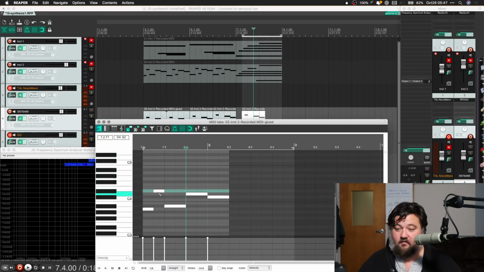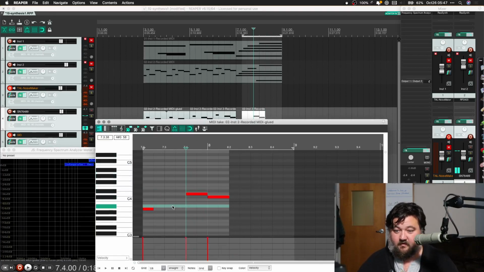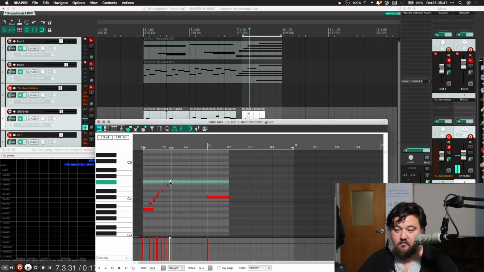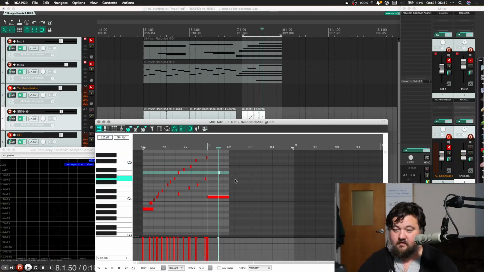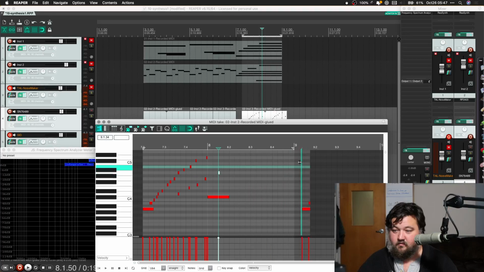So we could start to add our own notes. So let's click that one and delete it. Let's click that and delete it. Let's click that and delete it. Let's change our grid to 64ths. So we can draw in notes, and we could extend it out, to 9 here. And then if we wanted to, we could do something like